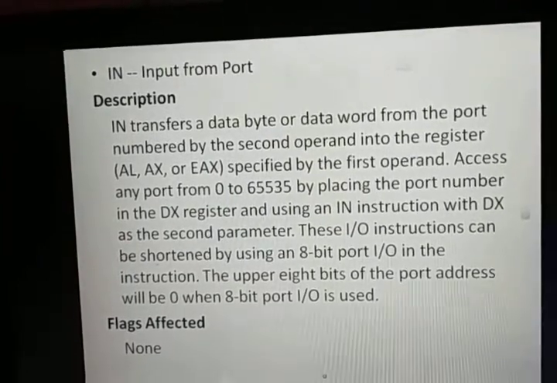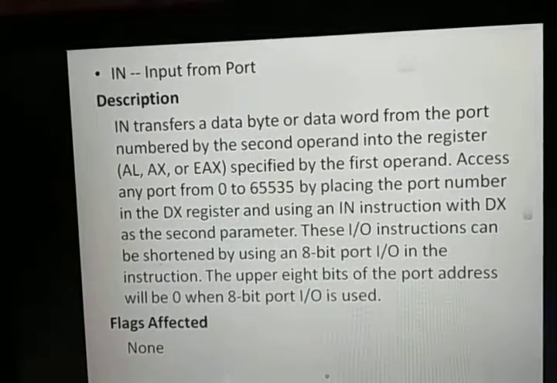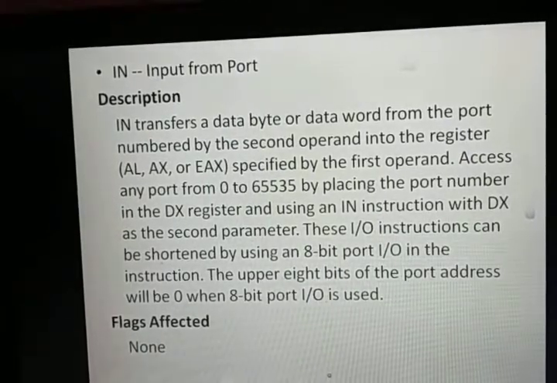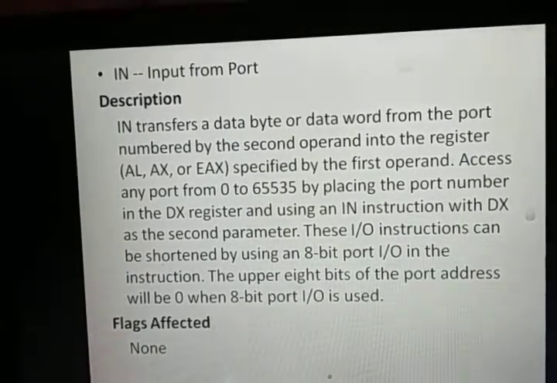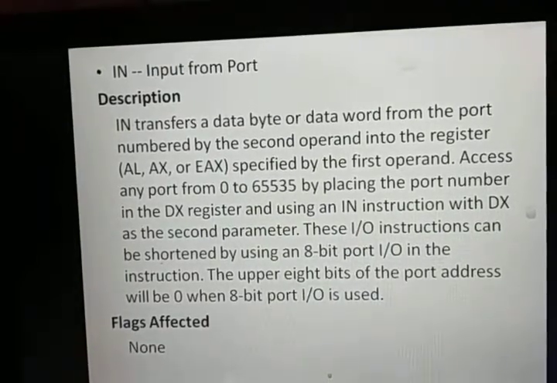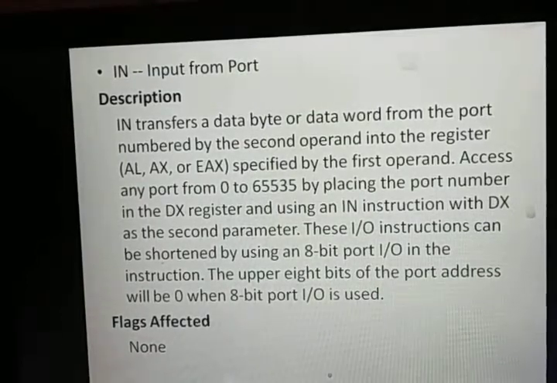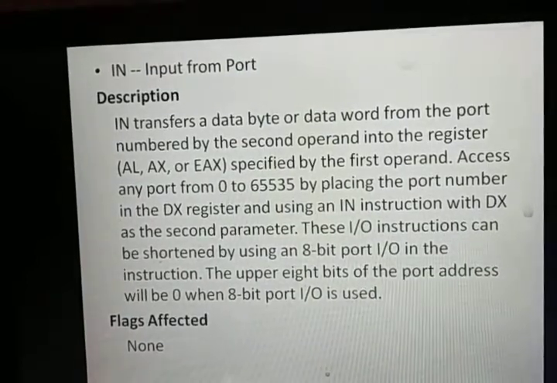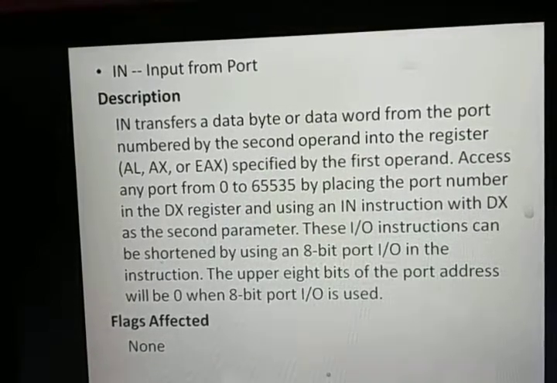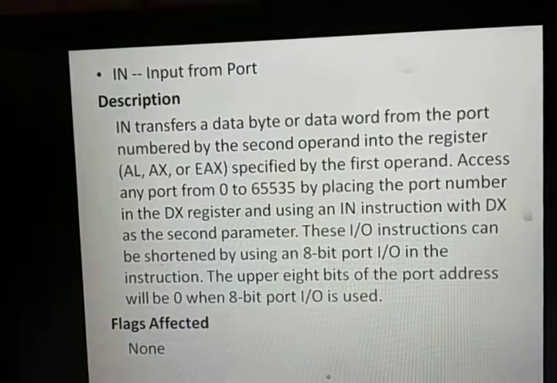Then input from the port. IN transfers the data byte or data word from the port number given by the second operand into the register specified by the first operand. So basically the IN instruction means input from the port.